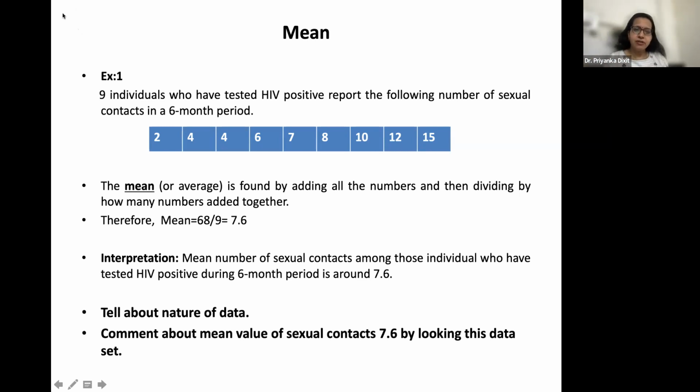Is it fine? Is it okay? Fine. What I have done is simply arranged my data in increasing order, starting from minimum to maximum. You can see that the data is in increasing order: 2, 4, 6, 7, 8, like that. Okay. Now I am going to calculate the central tendency of this data set.